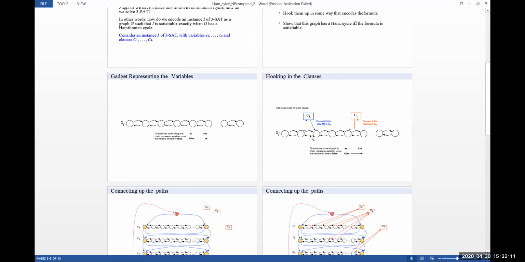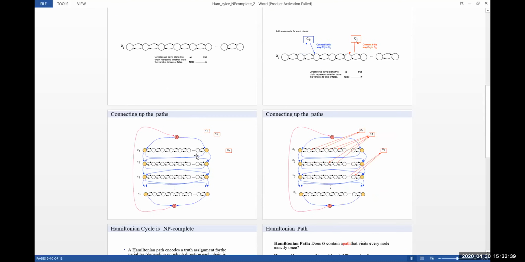Okay, now encode them into the form of clauses. Okay, so a clause is representing that. For example, take this as x2 and take this as x3. So x2 or x3, these two will become a clause Ck. And now next is Ck plus 1, that is x3 or x4. This will become the next clause. Okay, so connect it in the form of clauses. So everything is in the form of clauses, and the entire graph has been represented in the form of this.